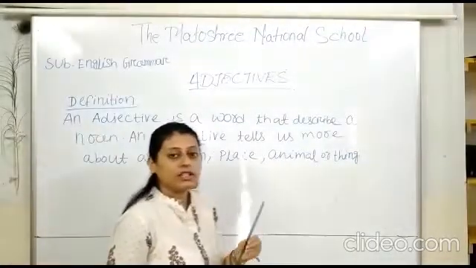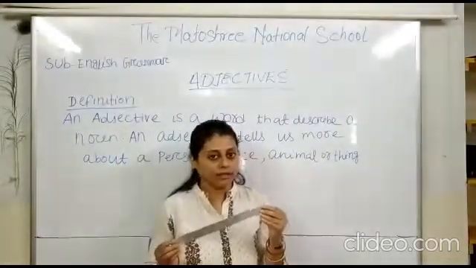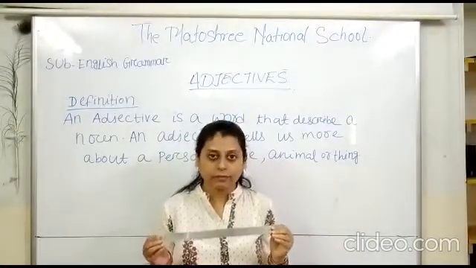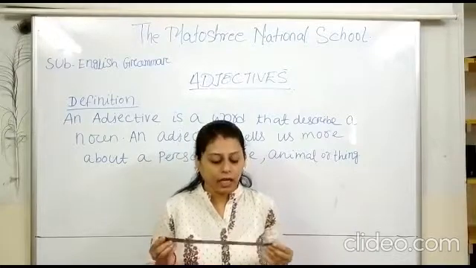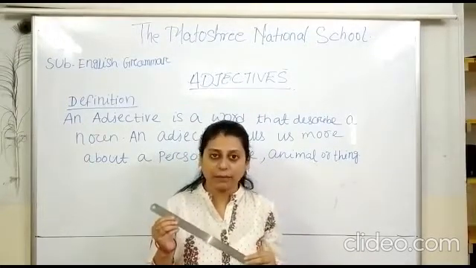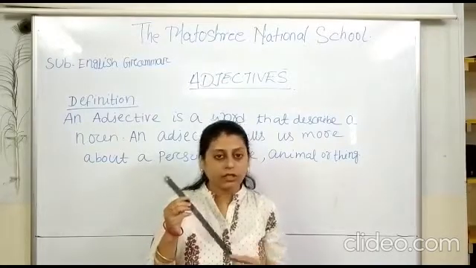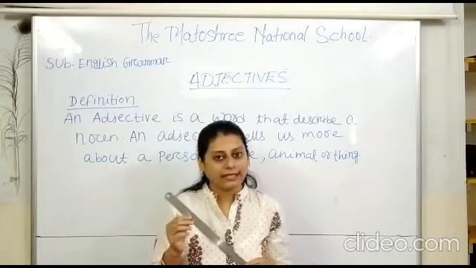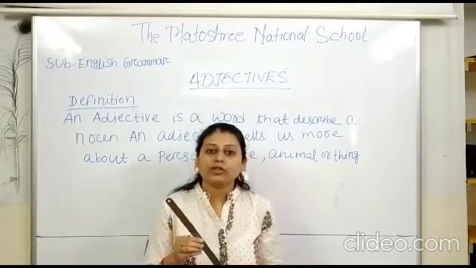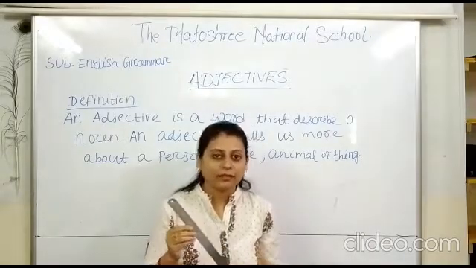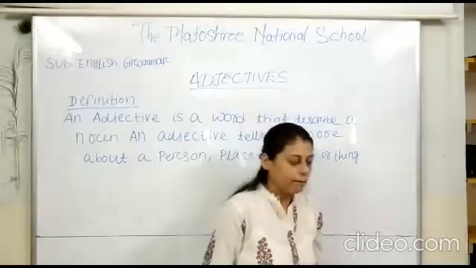So this is a scale in my hand, okay, and this is a thing. If I want to describe this scale, how can I describe? That it is 12 inches long, it is flat in shape, it has measuring numbers on both the sides, it is made up of stainless steel. So there are lots of words we use to describe this scale. Now let me give you another example.